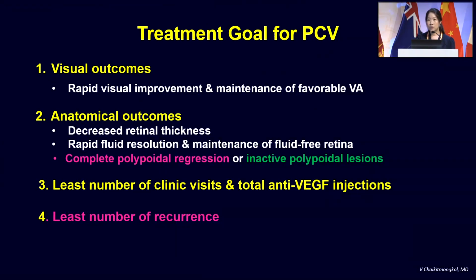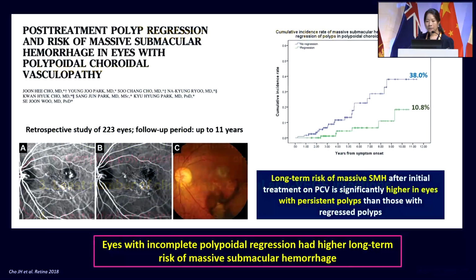Talking about treatment goals for PCV, in addition to visual acuity outcome and fluid resolution, a very important parameter is complete polypoidal regression. Why? Because several studies have shown that it correlates to the risk of recurrences. Here's a study from Korea that followed PCV patients for 11 years. They found that after treatment, those eyes with persistent polypoidal lesions or incomplete regression will have a higher long-term risk